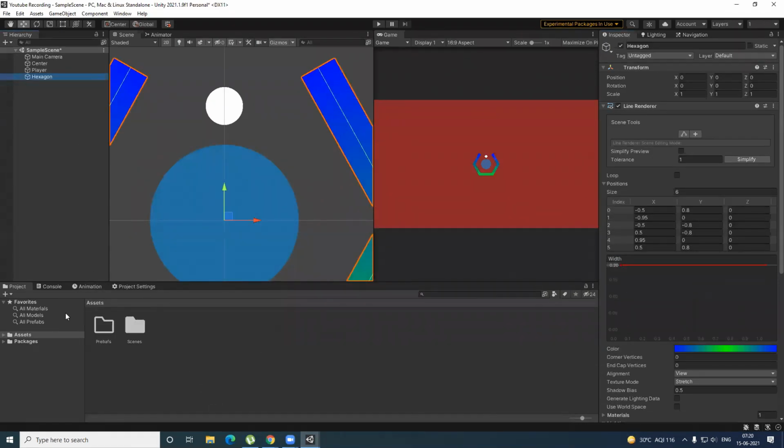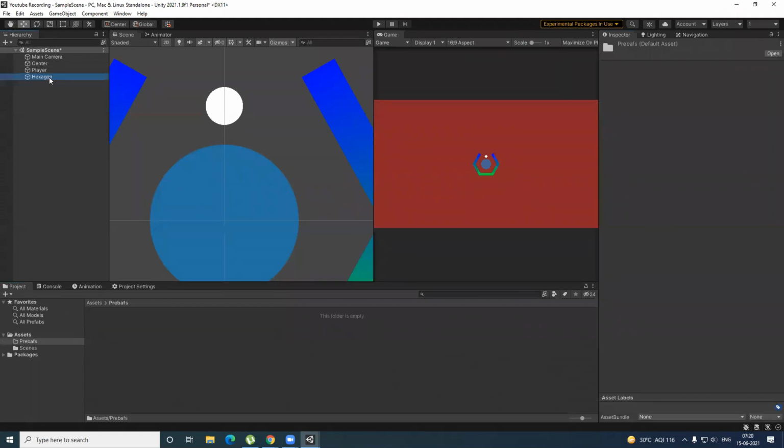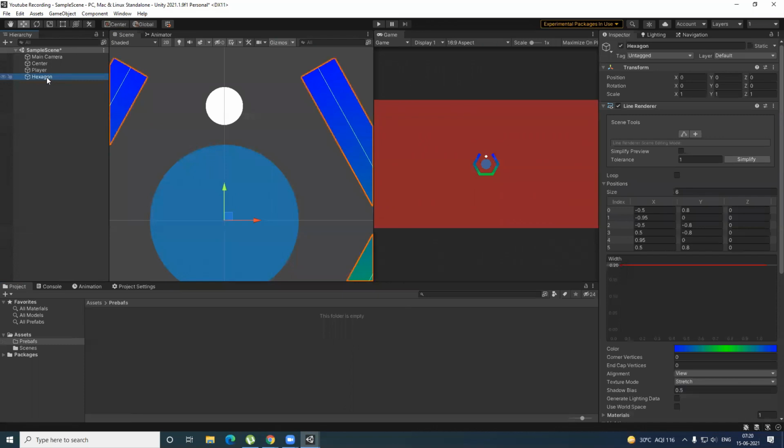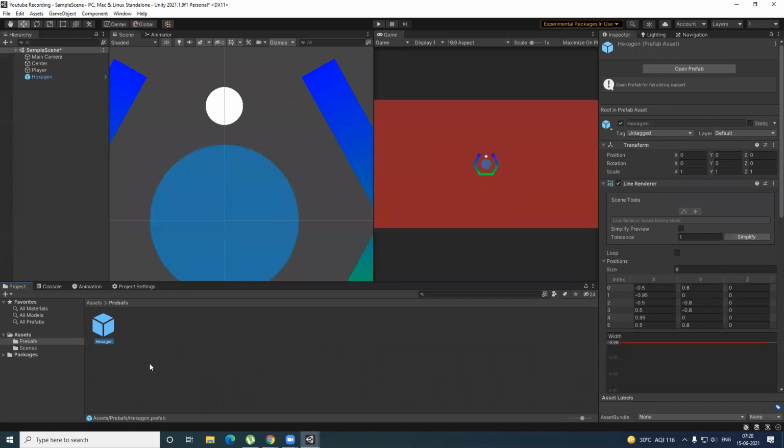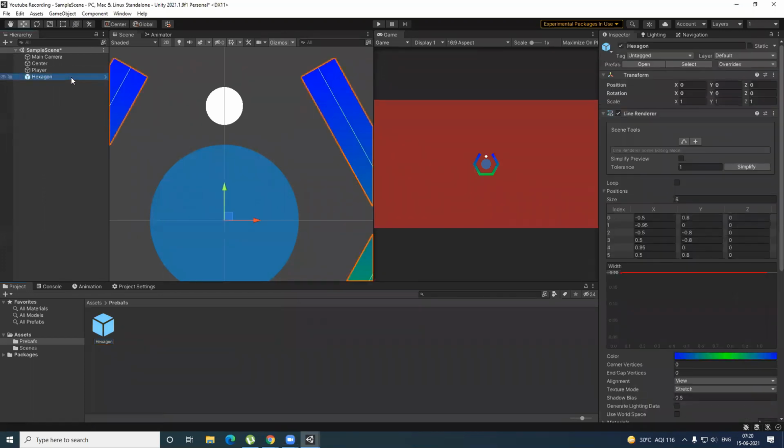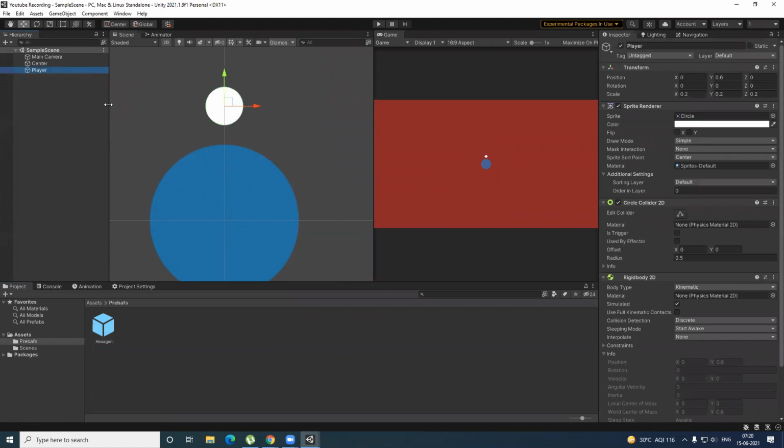So this is how the prefab works. So in the prefabs, drag and drop a hexagon. So how to make a prefab? In the hierarchy, click on any game object you want to make a prefab of. Like let's suppose I want to make a prefab of a hexagon. So click that and drag and drop in the hierarchy. You can see this little blue cube formed, right? So this is the indication of a prefab. So now we can delete this and let's work on our player, right?